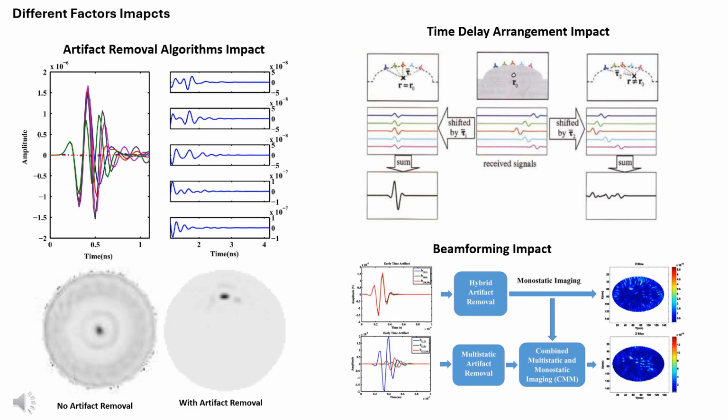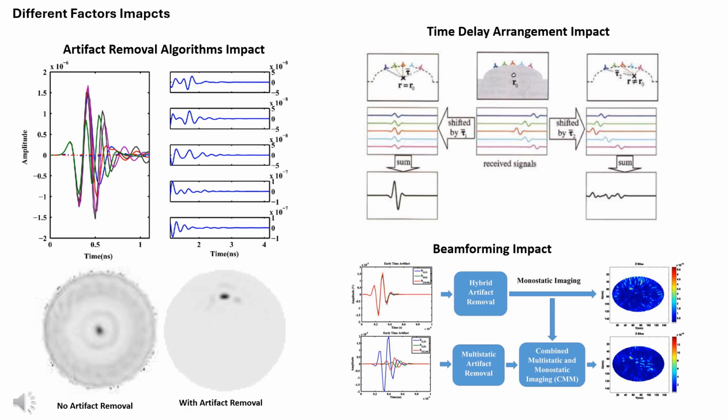The purpose of this graph is to demonstrate how artifacts can be removed from the signals to improve image clarity. It contains time domain signals with and without artifact removal. The signals are displayed in different colors, red, blue, green, showing how the waveforms change after processing. Initially, the signals contain noise or unwanted reflections, which make it difficult to isolate the object of interest. However, after applying the artifact removal techniques, the signals are cleaner, and the object's response is more prominent. This section emphasizes the importance of artifact removal in achieving clearer, more accurate signals that can be used for reliable